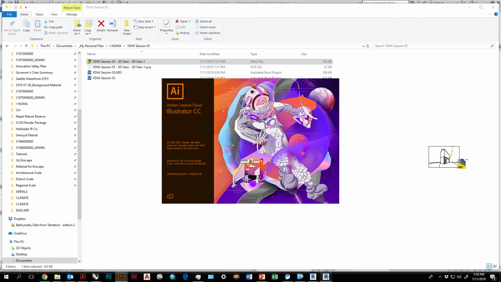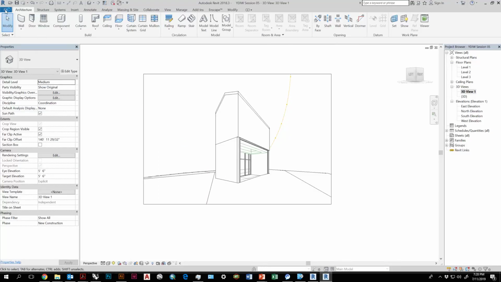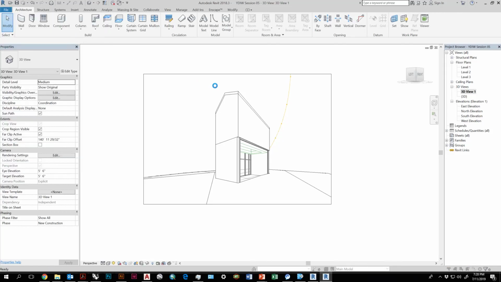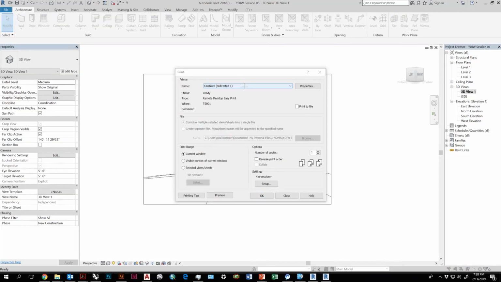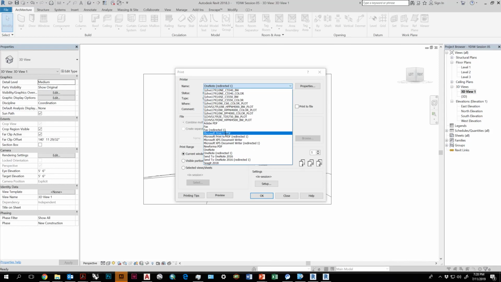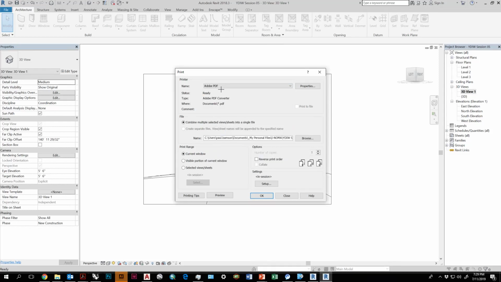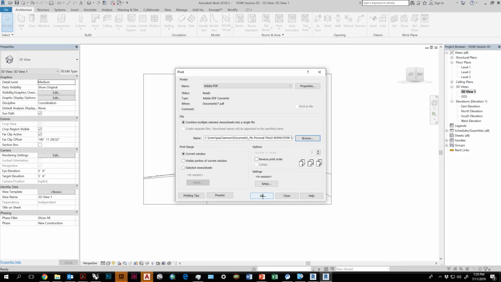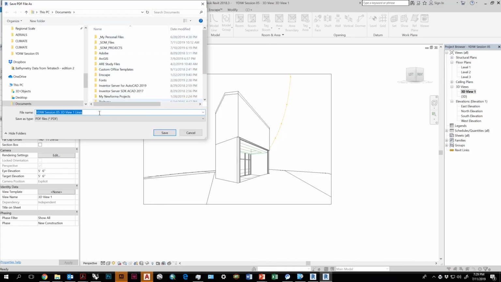I'll also go ahead and export the format that will allow us to edit the lines as they are seen, which is by exporting as a PDF and bringing that PDF into Illustrator. So Adobe PDF as my printer, the file name 3D view 1 lines, save, and hit OK. It will then, okay, I have to do that again, I guess.